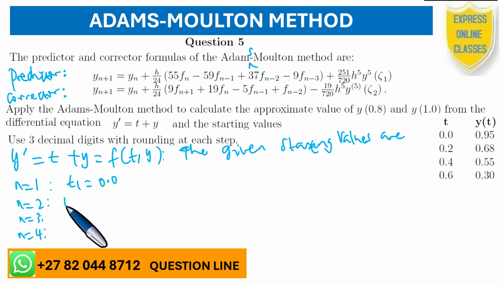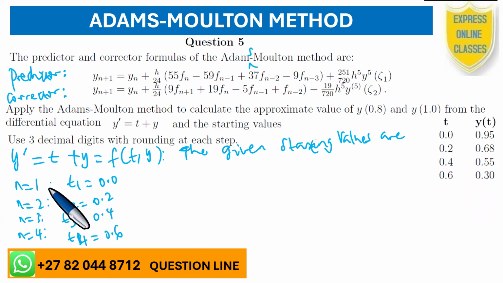T1 is 0.0, T2 is 0.2, T3 is 0.4, T4 is 0.6. Okay. So if n, we start normally according to this, we can start because it's 0, 0.2, 0.4,